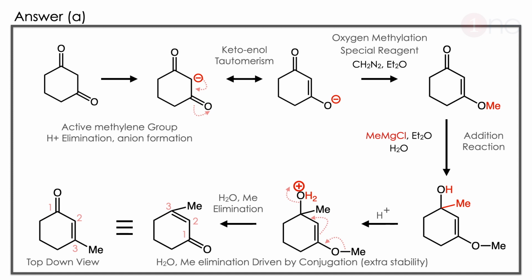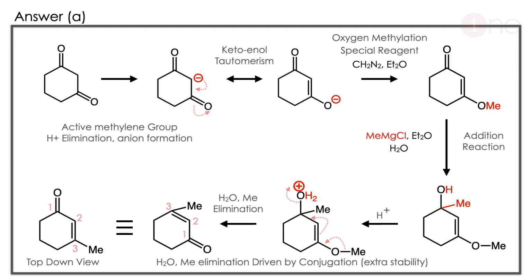Then we are using methyl magnesium chloride, an organometallic compound, a Grignard reagent. You are adding methyl to the first carbon. So methyl will be added. Then the next step will be the addition of acid. Here water elimination is favorable. Why? Because the system always leads to stability. The conjugated systems are very stable, so the conjugated system is formed by elimination of methanol and water. Acid promotes the elimination much better. So OH removes as water, and the conjugated ketone is formed.